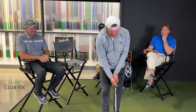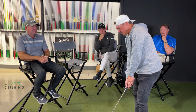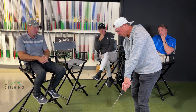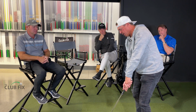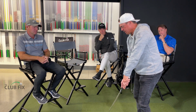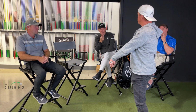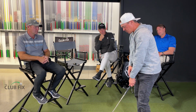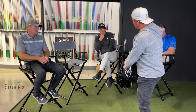People that have really strong grips have a tendency, if it's pretty darn strong, it's in a very closed position, right? So it's in a left position for a right-hander. So they end up pushing their hands forward to make that club face look square. But all the while, as the club starts to travel back, it's definitely going to beat the hands, get really inside and behind them, because it's already pre-rotated. He's got no chance to keep it outside. So if you brought that back a little bit and said, okay, now there's your face, now it has a chance where that club can start to swing a little bit